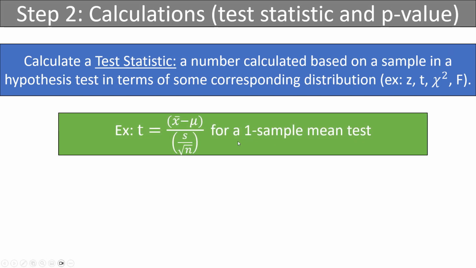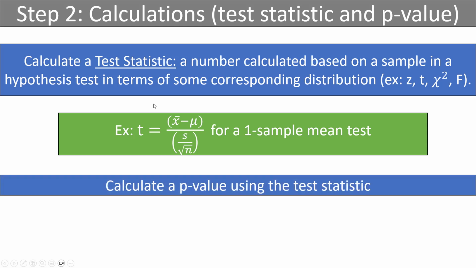If you're going to be doing the one sample mean test, then it turns out you would be using this formula. There's a different formula for every single different test, but there will be some kind of formula that you're going to plug the numbers from your sample into to find what we call the test statistic. And from that test statistic, we're going to use some function, usually on the TI-84 calculator, to find the